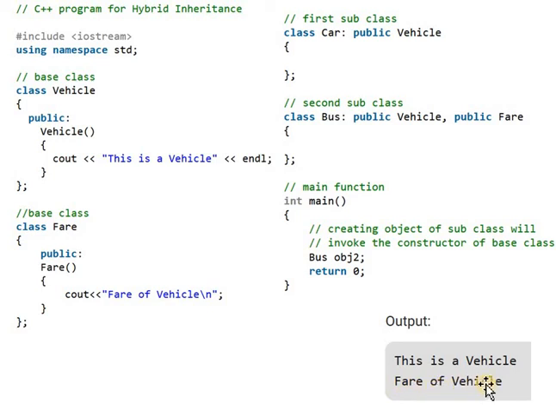In multiple inheritance, in whatever sequence you write the class names, in that sequence the classes are executed in the inheritance. In this case, the Bus class first inherits the properties of the Vehicle class, because here we first define the Vehicle class, and after the Vehicle class it will copy the properties of the Fare class.